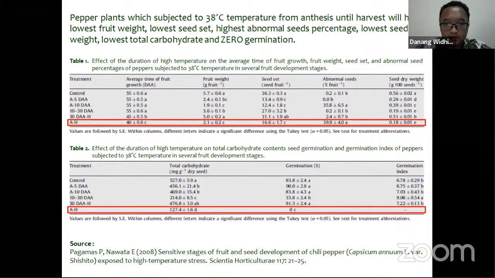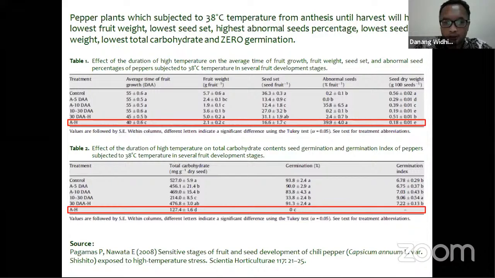Nah, berikut adalah satu hasil penelitian yang menunjukkan bahwa memang heat stress atau cekaman panas, cekaman suhu tinggi, ini menyebabkan benih mengalami penurunan viabilitas yang sangat drastis. Jadi kita melihat bahwa untuk tanaman yang terpapar oleh suhu harian sekitar 38 derajat Celcius, mulai dari antesis, jadi mulai dari bunga mekar sampai waktu panen, ini akan menghasilkan berat